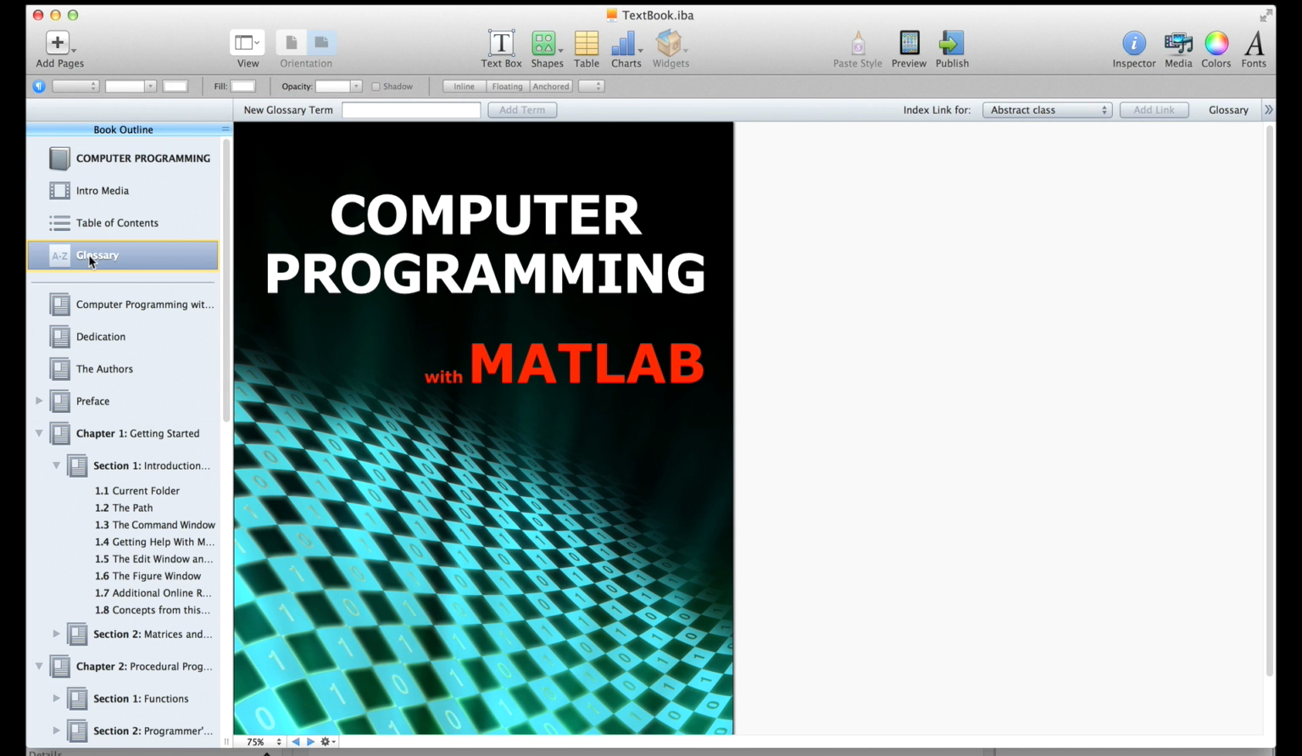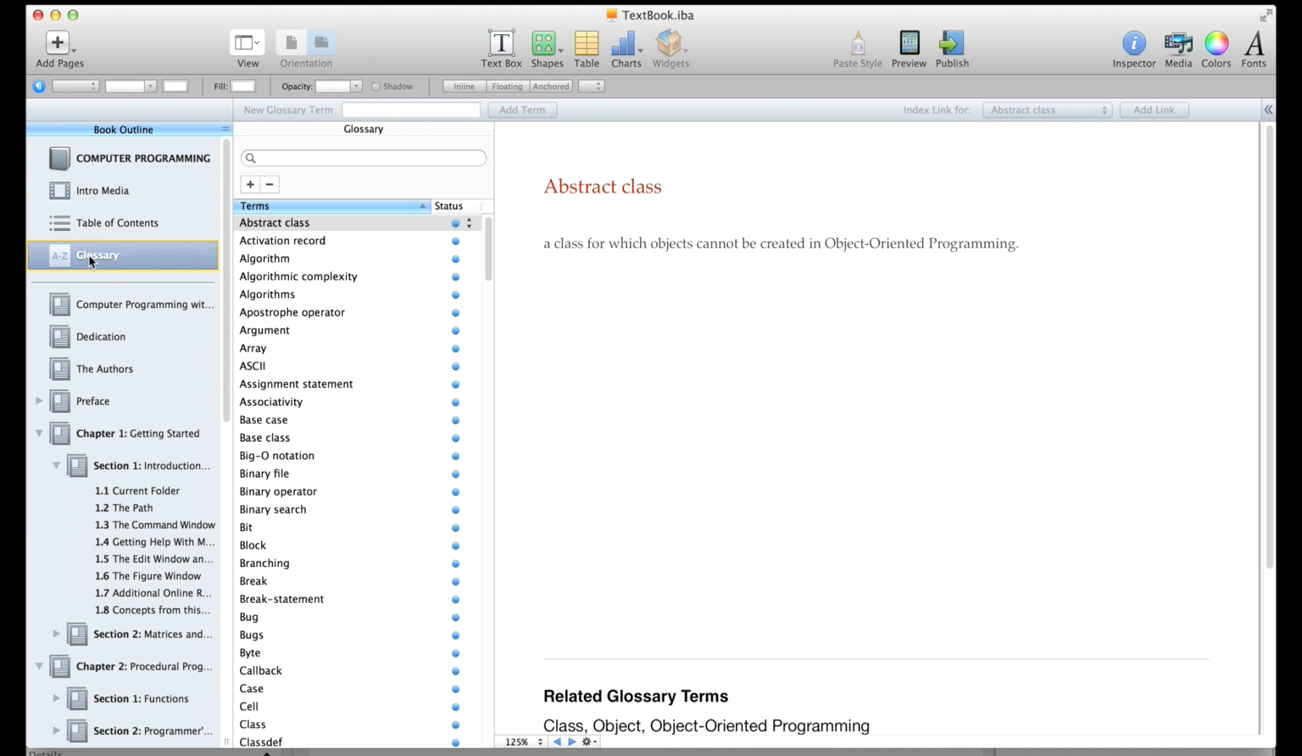There, we click on glossary, and we see the first definition in the glossary. That's abstract class. That's an advanced concept that comes toward the end of this book, where we introduce the object-oriented programming constructs in MATLAB. Object-oriented programming is one of those advanced concepts that we mentioned that are beyond the scope